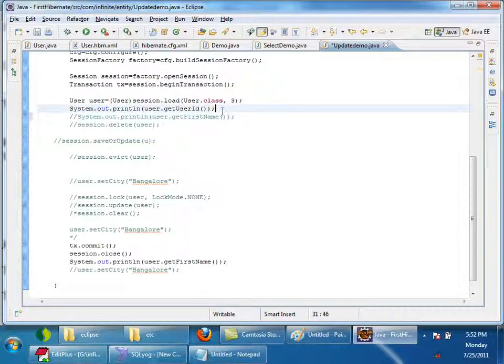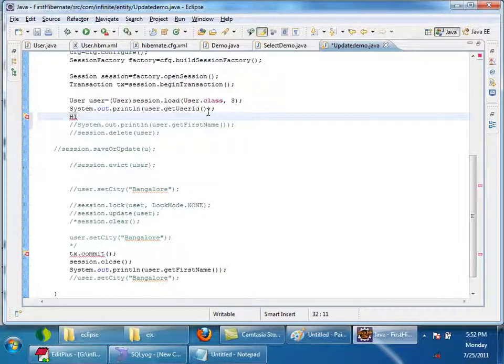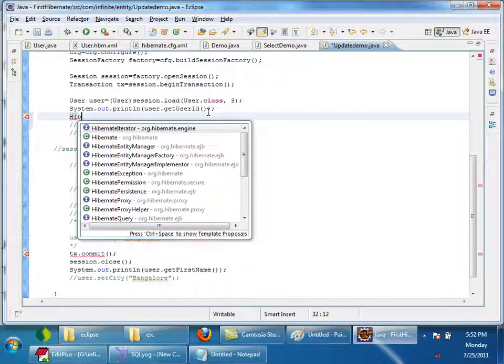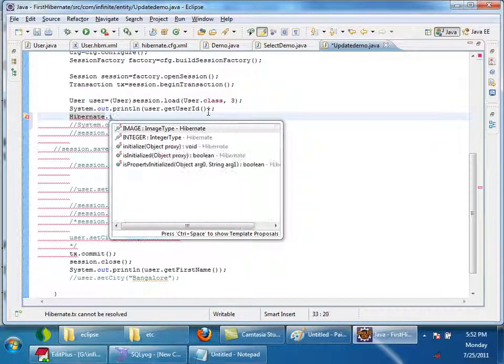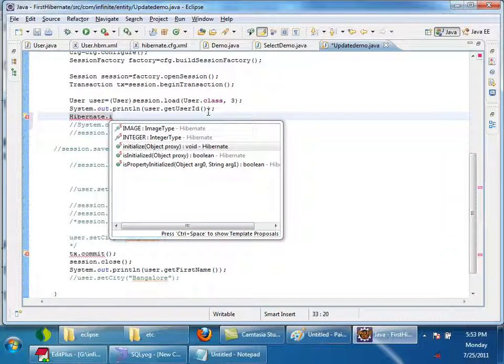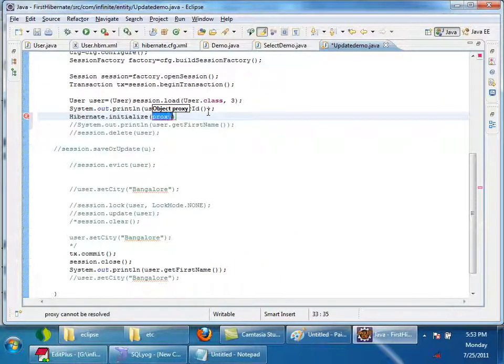Now session.load gave you a proxy, right? If you try to access any property of it, the proxy will be initialized automatically, right? But I'll just show you another option: Hibernate.initialize. There is a class called Hibernate and there is a static method called initialize, to which we can pass a proxy.